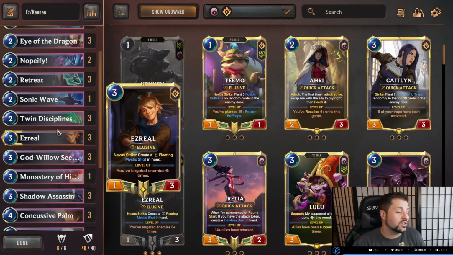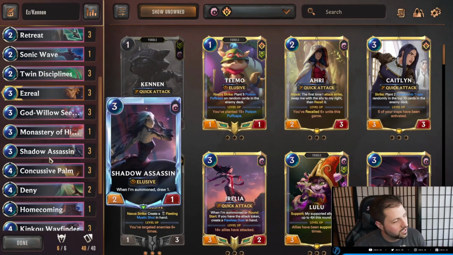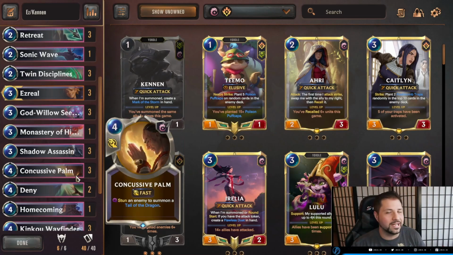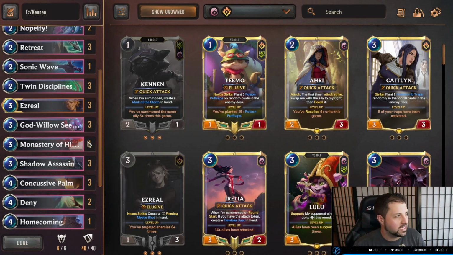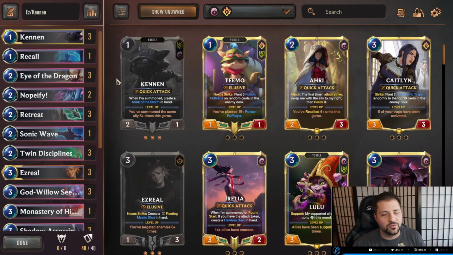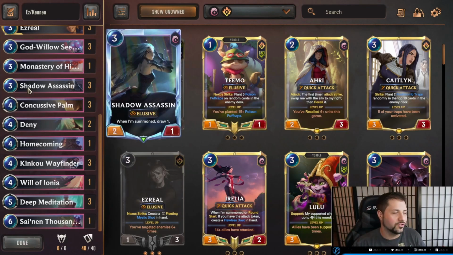So the only thing you can really do is use units like, you can see Shadow Assassin here. You have Twin Disciplines. There are really weird instances where you can poke damage at your opponent's face because you might have multiple Kennens going in for attacks. Generally, you might be able to go pretty wide early on in the game. And if you're able to poke in 8 damage or so, get your opponent down to 12, you might be in a spot later on in the game where you can get multiple Shadow Assassins poking elusive damage, and then